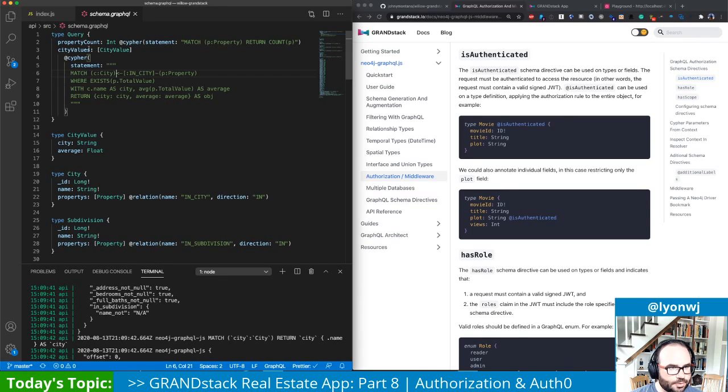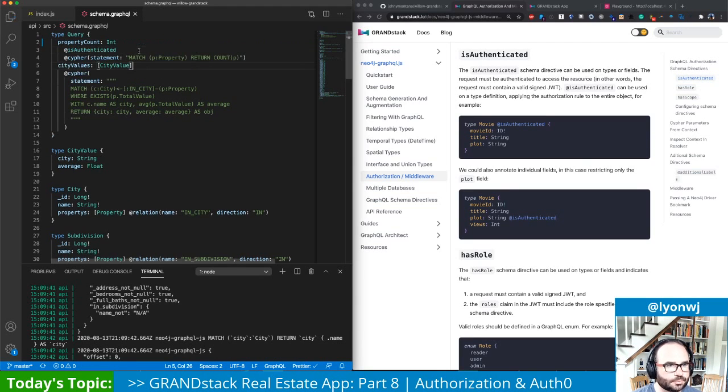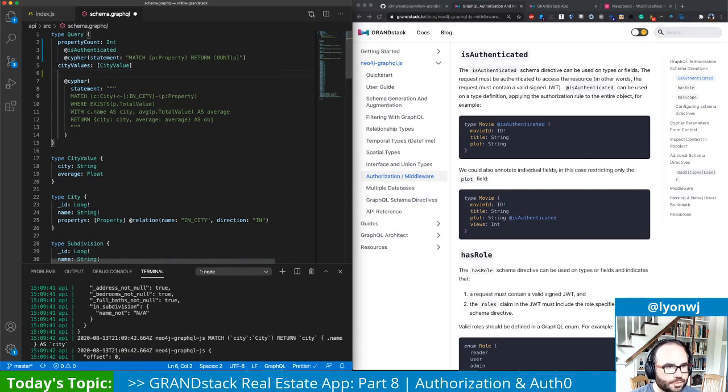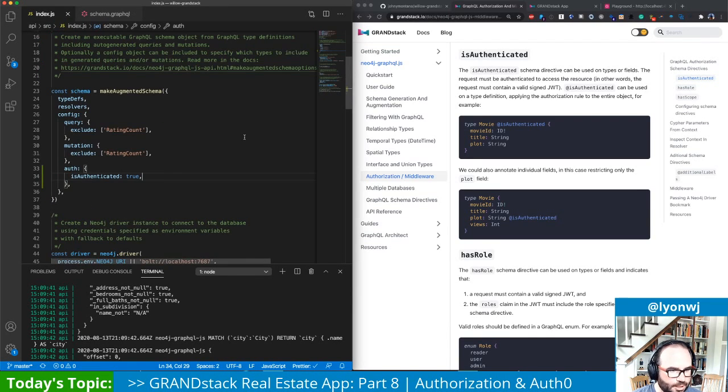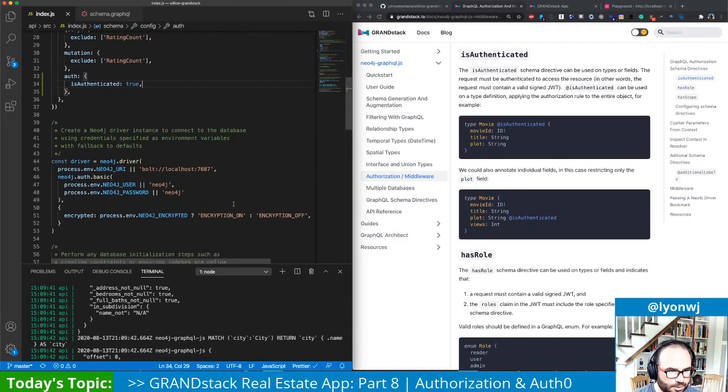And these are the two query fields that we want to protect. So we'll add is authenticated to property count and to city value. So that's saying to be able to access these fields, property count or city values, the request must be authenticated. And the other thing we need to do is make sure